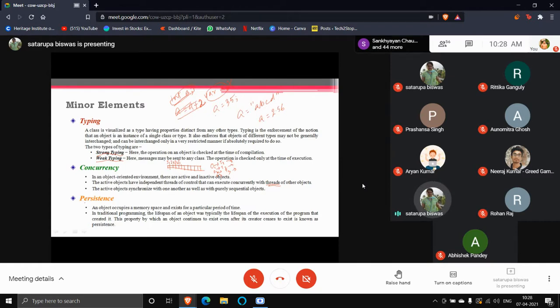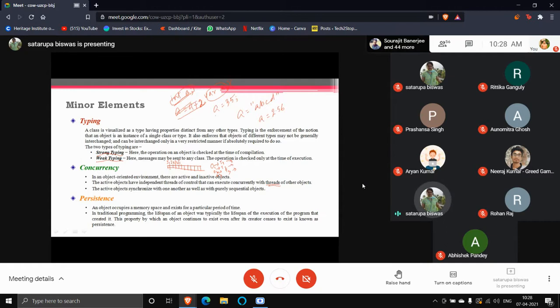Now, after that, persistence. Persistence is about the memory space and how much time you are going to keep the memory space for the object. I told you that to create any object, the attribute values you have to keep in the memory. So when you are creating an object, it is reserving some memory space to keep the attribute values. So every object is associated with a chunk of memory. So when the object is created, the chunk of memory is also created. Now, how long is that chunk going to be kept?